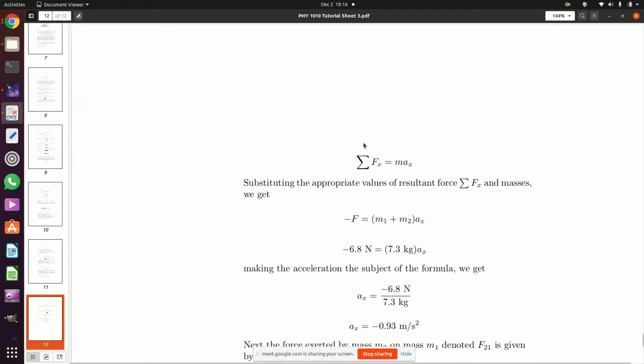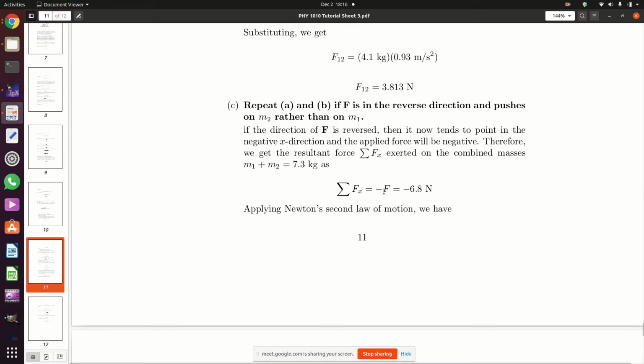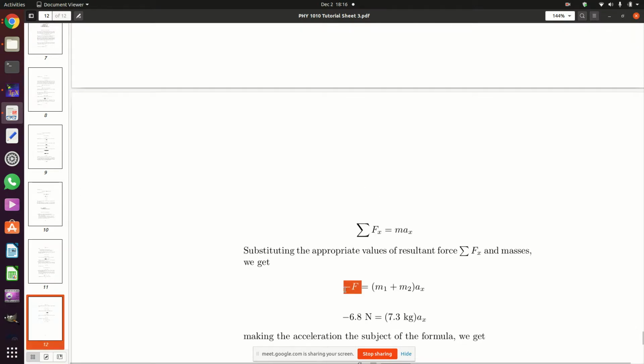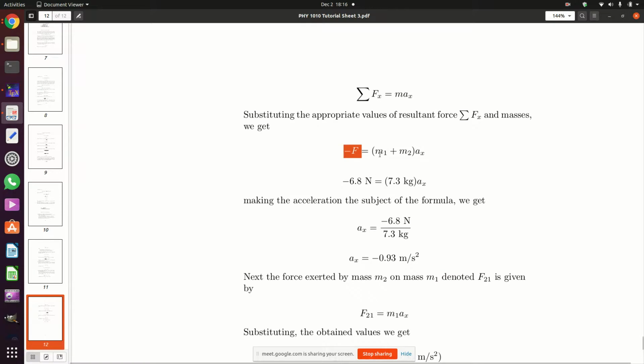Again, if we apply Newton's second law of motion, that allows us to obtain the relationship between the resultant force, the masses on which the force is being applied, and the acceleration which these masses undergo. So in this case, since the only contribution to the resultant force is minus F, we end up having that minus F,